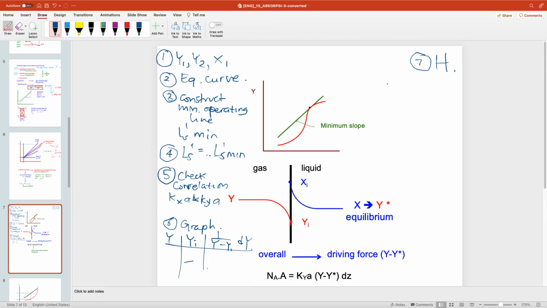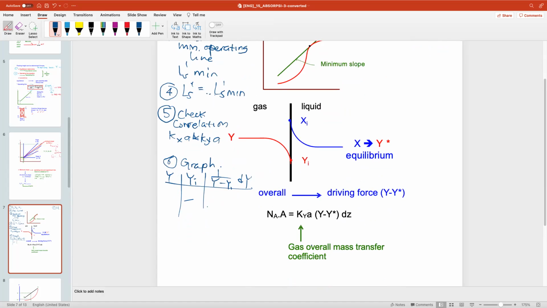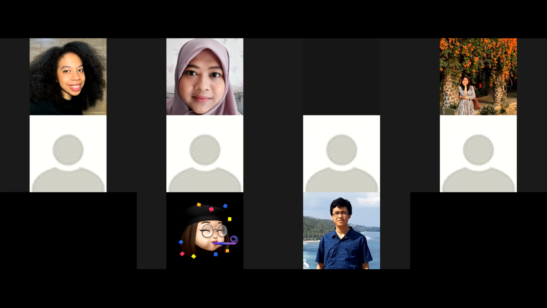Tomorrow I will explain another term called the gas overall mass transfer coefficient, sometimes with a capital Y. I think it's not enough time for today, so we're going to put it into tomorrow, and tomorrow we'll also try using maybe last year's problems to have a tutorial about this. Alright, I think that's all for today, and thank you for